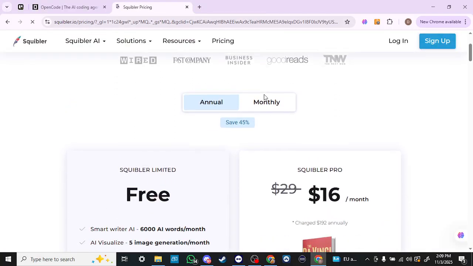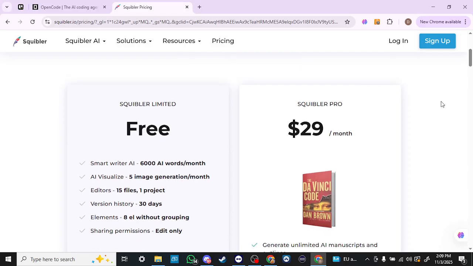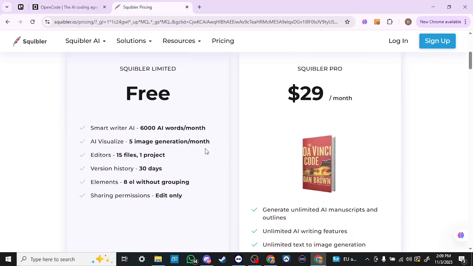So we have our annual and we have our monthly. Let's take a look at the monthly. And you do get the free version, which is pretty minimal, and there's not too much you can do with it. It's enough to get in there and play around and kind of get an idea for how it works, maybe get started, but you're going to need the pro version if you really want to use Squibler to write